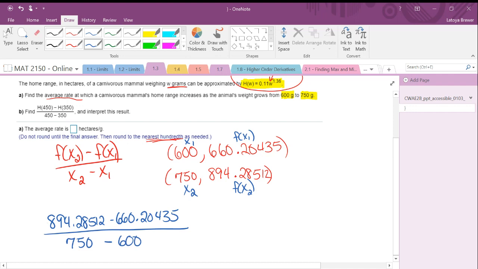And literally, once you get to this point, you can take what you have there and just plug it into your calculator. You have 894.28512 minus 660.20435 all over 750 minus 600, and that gives me approximately